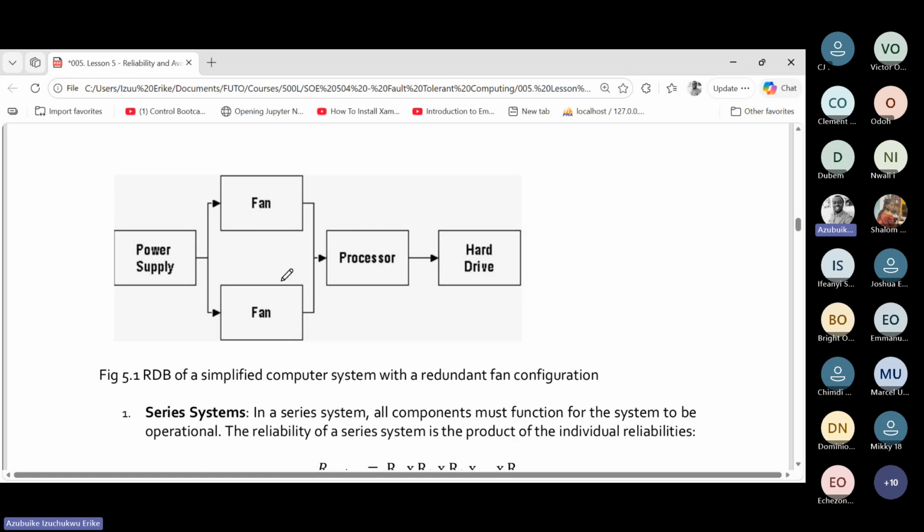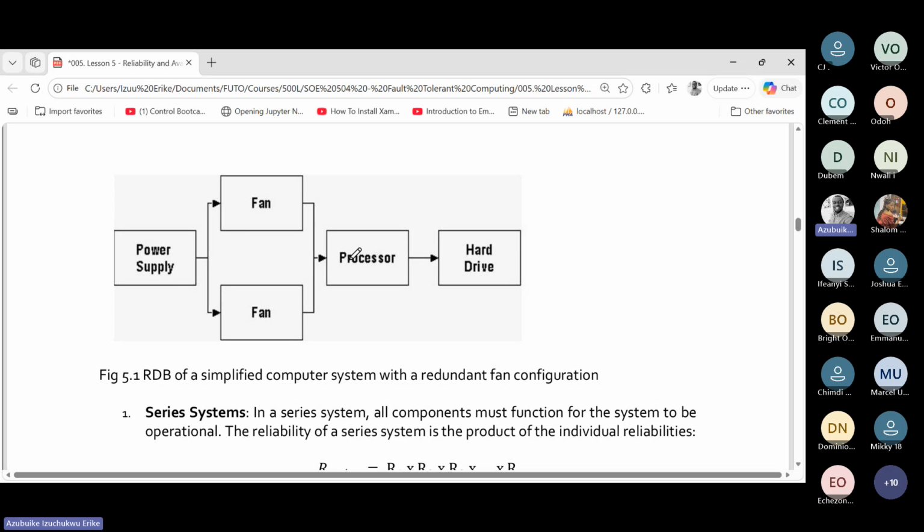Okay, so it's possible to have maybe up to 3 or 4 fans around the processor, depending on the processing speed and what that system is meant to achieve. And we are talking about a fault tolerant computer. You have made this arrangement deliberately so that you protect this processor, depending on the value of the processor. And of course, you know that in a computing system, the moment the processor gets destroyed, the system will not work no matter how. Now,